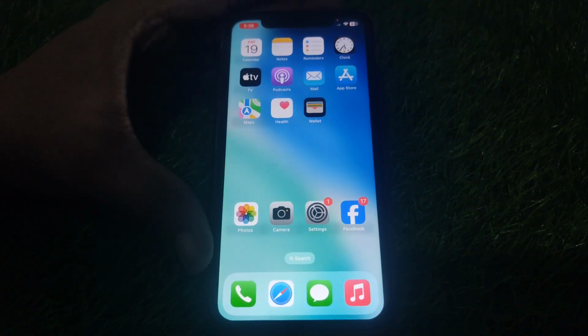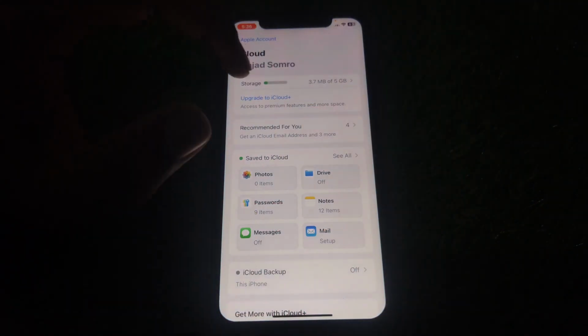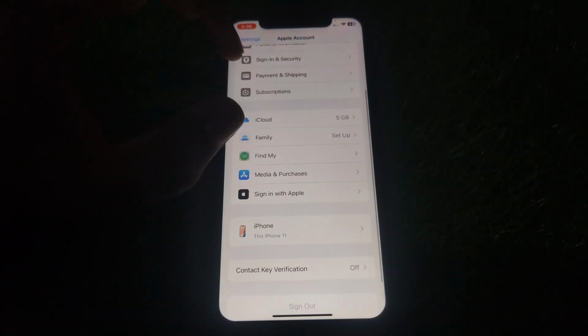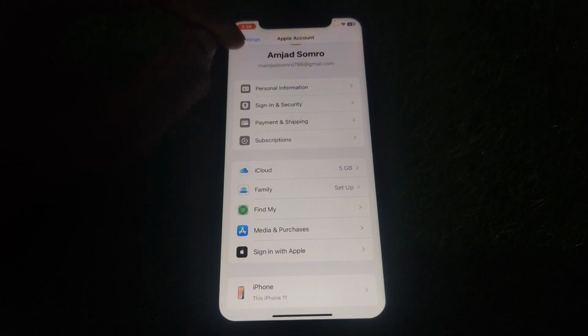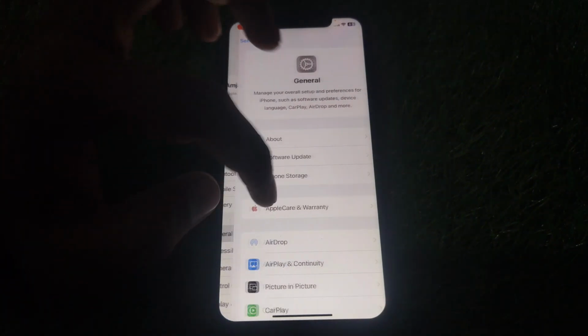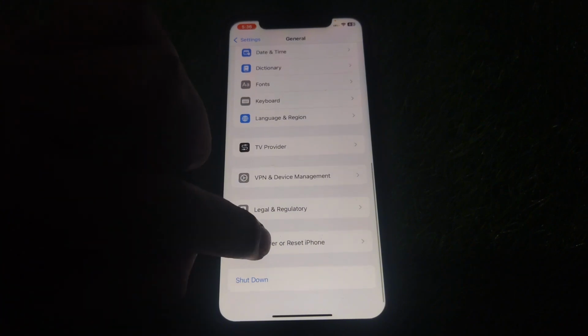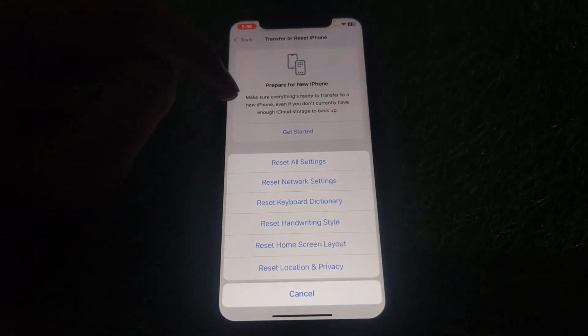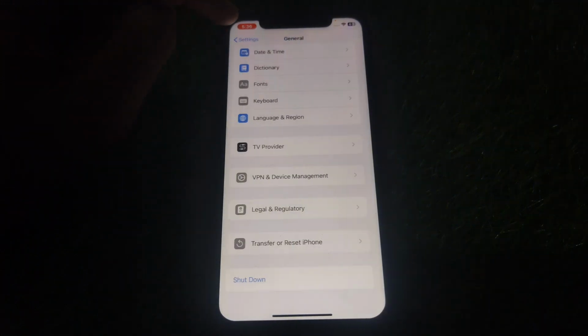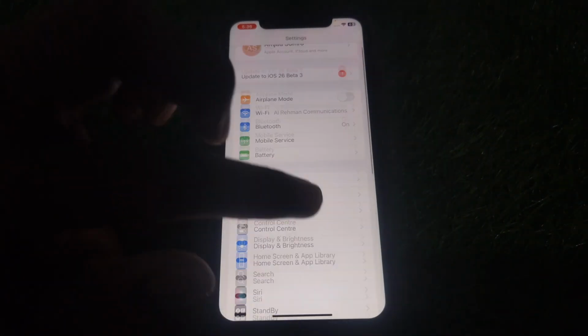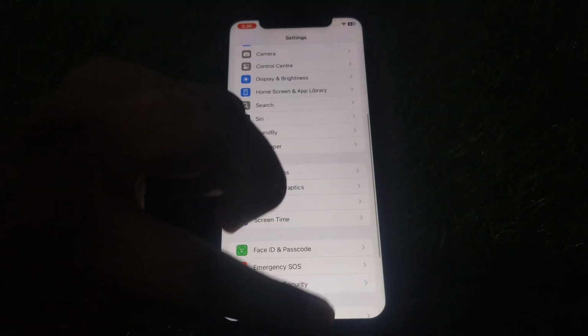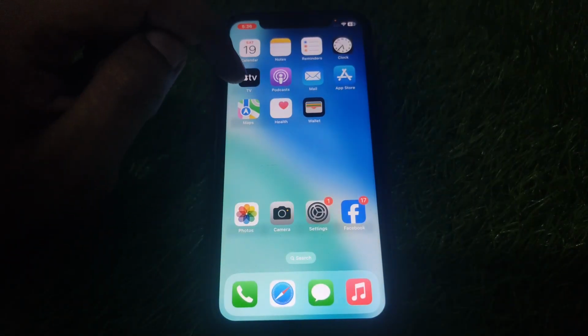And the next thing you have to do is go to Settings, and in Settings go to General. In General, scroll down until you find the option Transfer or Reset iPhone. Here you have to click on Reset, and reset all of your network settings. And after resetting all of your network settings, what you have to do next is